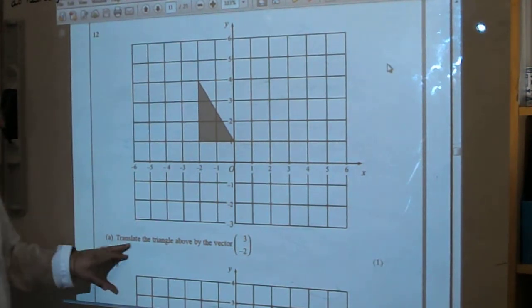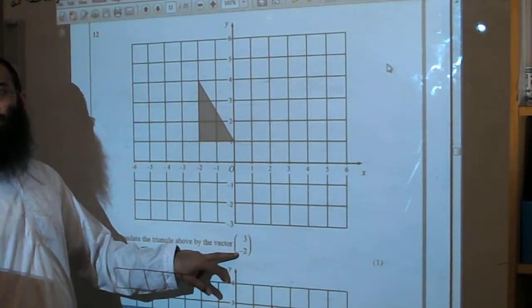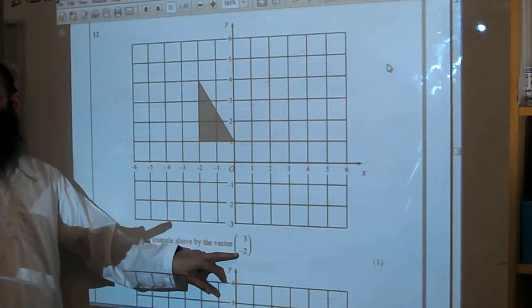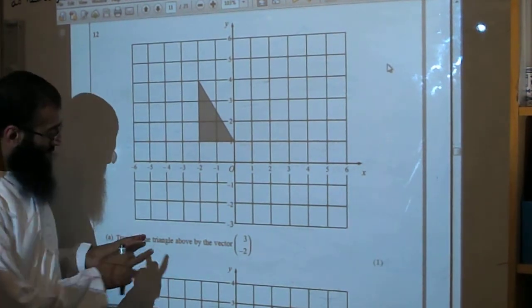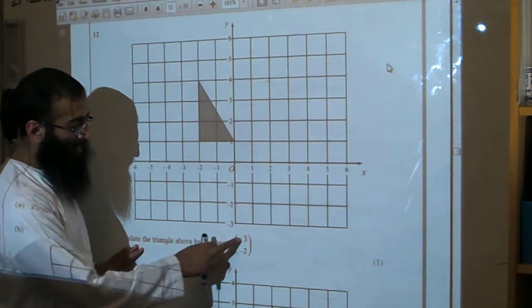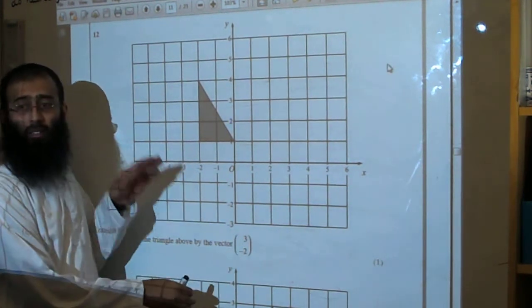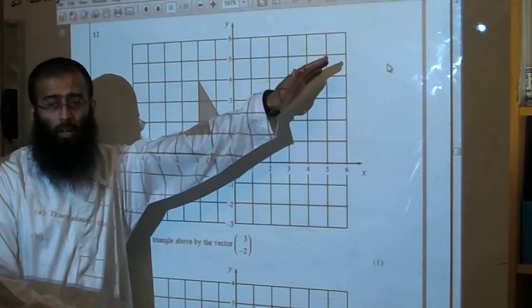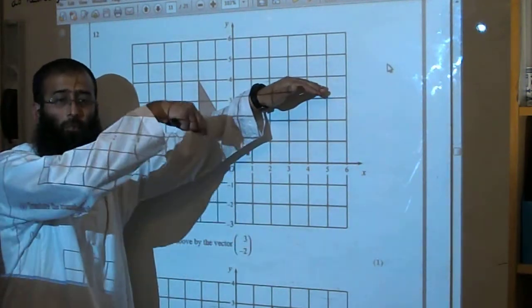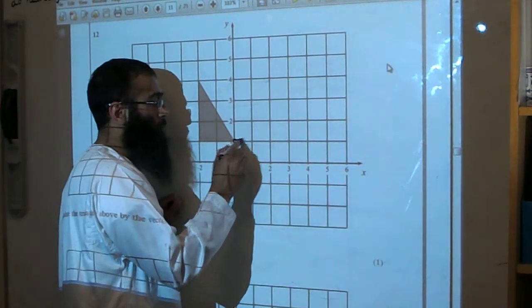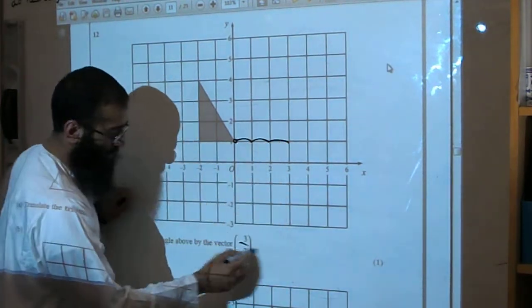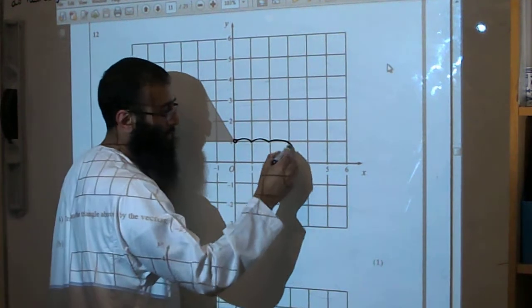Question number 12 says, translate the triangle above by the vector 3 minus 2. Ramiz, check. Good, clear. 3 minus 2. What does 3 minus 2 mean? The first 3 means along the x, which means 3 that way. The minus 2 means along the y, which, because minus means down, rather than up. So we'll get this point here and go 1, 2, 3 for the first number, and then minus 2, 1,